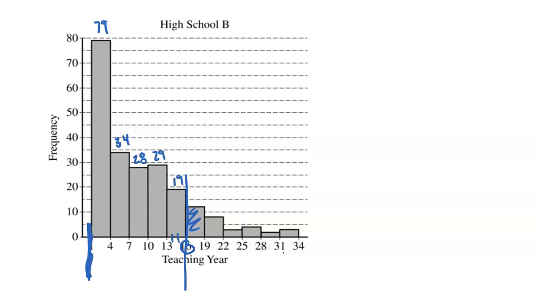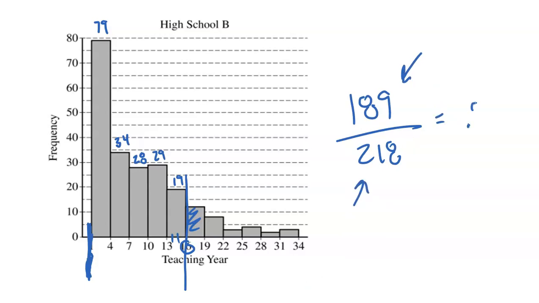If we add up all of those, we get 189 total teachers out of the 218 that are in that range of 1 to 15 years, which means that they are within 1 standard deviation of the mean. To find the probability, I have the 189 teachers that are in that range out of my total 218, divide those, and we get 0.855. So the probability that a random teacher is selected and they are within 1 standard deviation, teaching 1 to 15 years, is 189 out of 218, divide, and